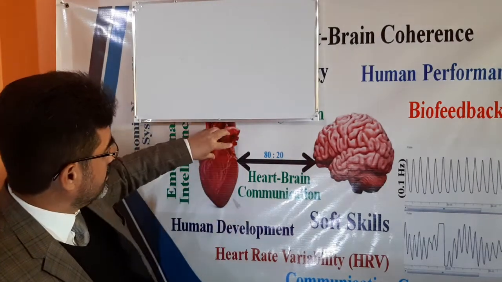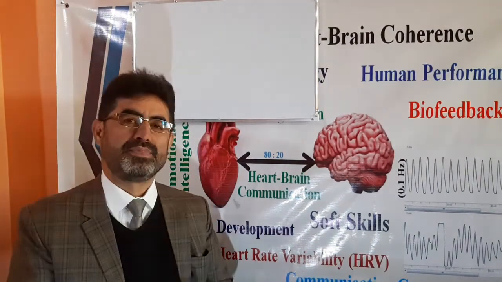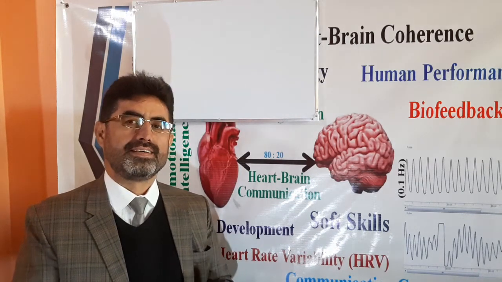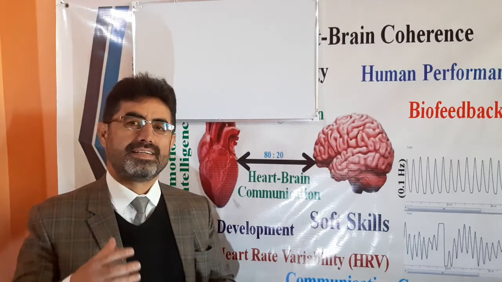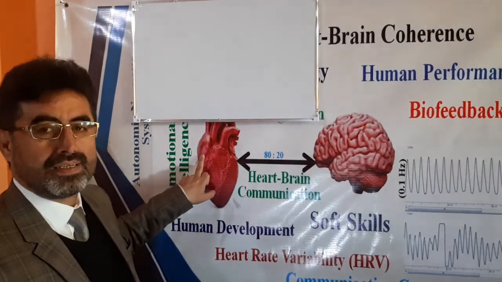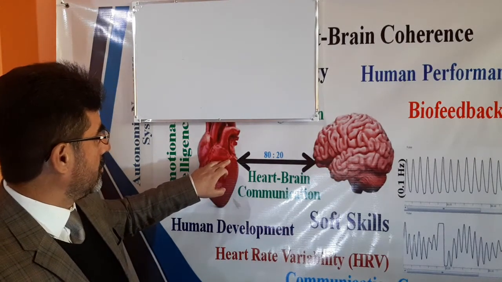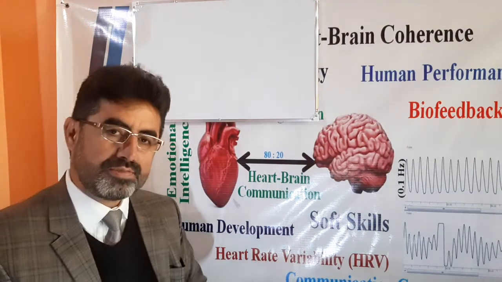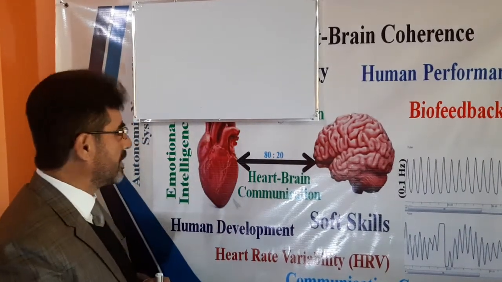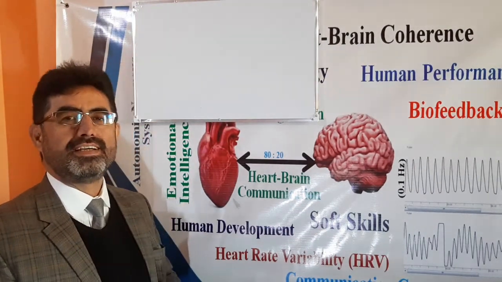And after that, these two semilunar valves will be closed, and the second sound of our heart will occur. The first sound is the lub, and the second is the dub, and this finishes the process of systole and starts the process of diastole. We can assess these activities through the use of ECG or EKG,